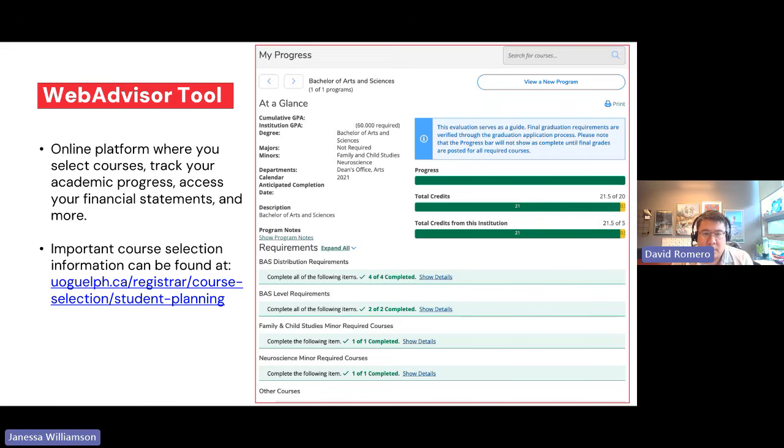This is a summary that you see here of a student's progress, and it will show different requirements, GPA, their major, and it will highlight whether certain requirements are being met or are still outstanding. It is the main tool to be used by students. And you can find some course selection information at that link below or on that slide as well in terms of student planning.